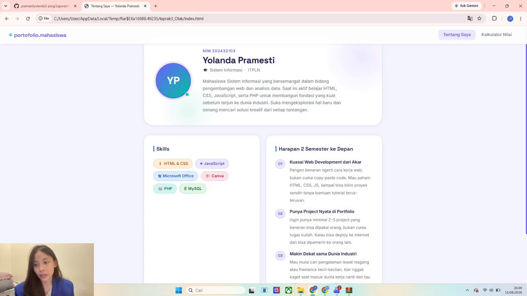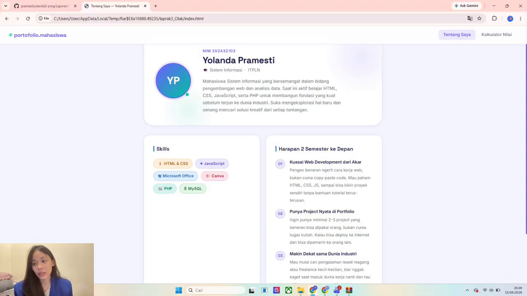Below the hero section, there is a skill card that showcases several skills and competencies. Examples include HTML, CSS, JavaScript, PHP, MySQL, Microsoft Office, and Canva. Each skill is displayed as a colorful tag to create a modern and attractive appearance.